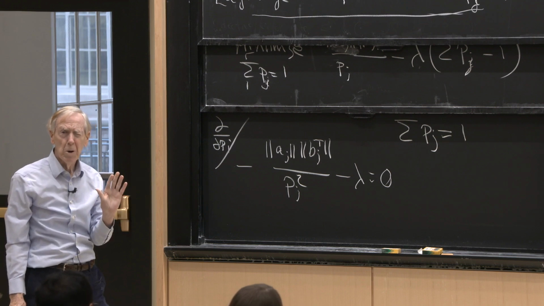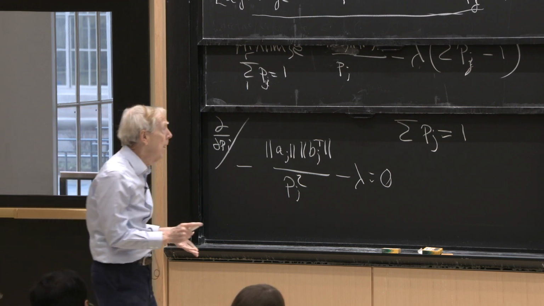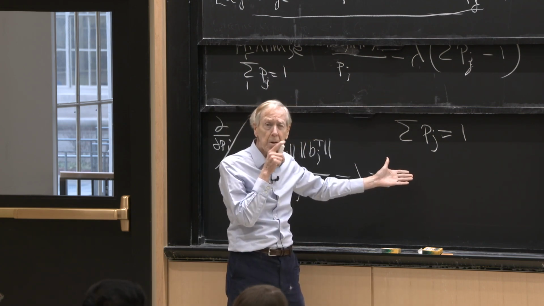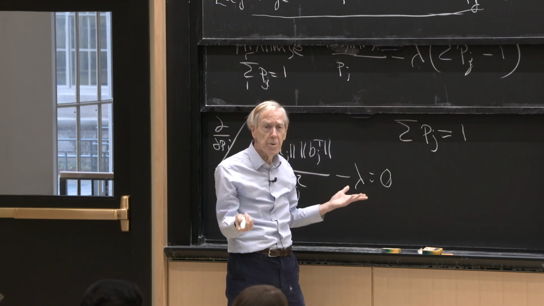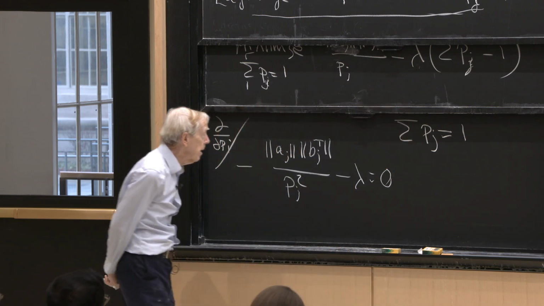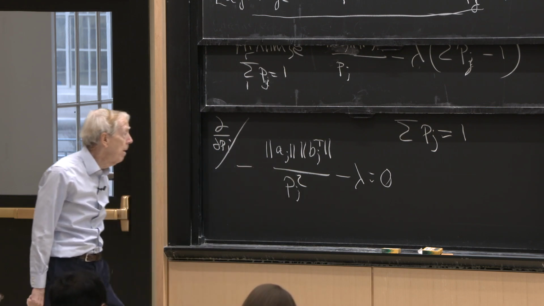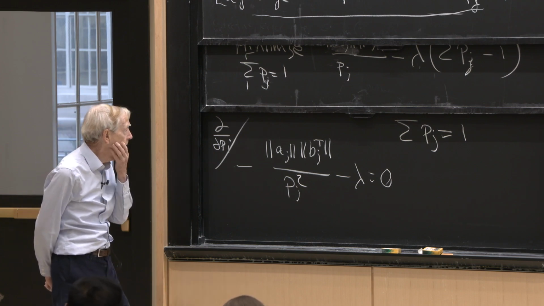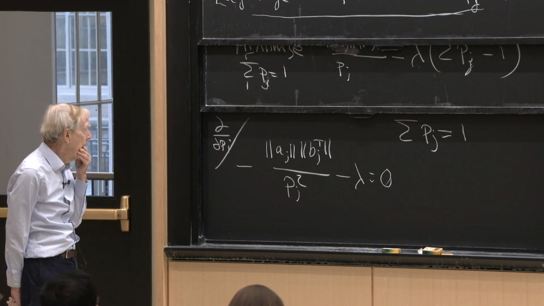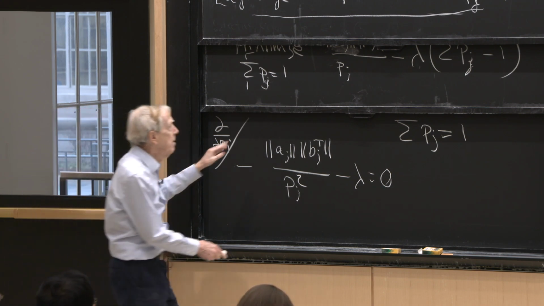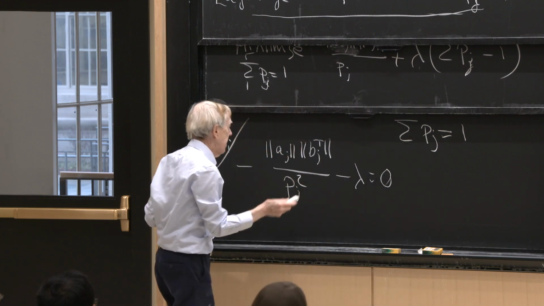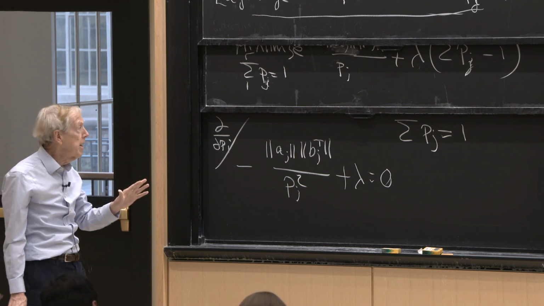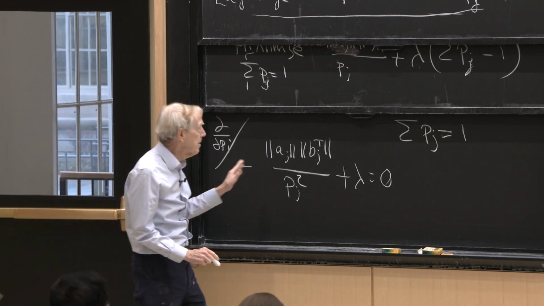Lagrange confused the whole world, but he gave us a break: the derivative with respect to lambda just brings back the constraint. Because he built it in with a factor lambda, then he took the derivative and it brought back the constraint. But this part is the beautiful part. Now, what do I learn from that? And sometimes this would be a plus. Why don't I make it a plus, just to make my life easier? Lagrange is dead now, and he doesn't care whether it's a plus or a minus.